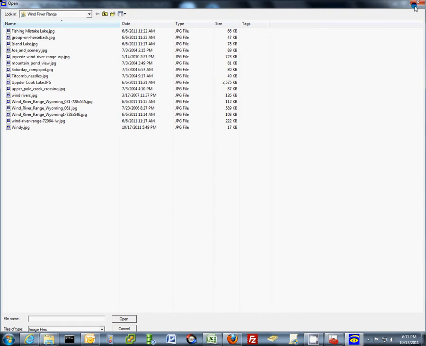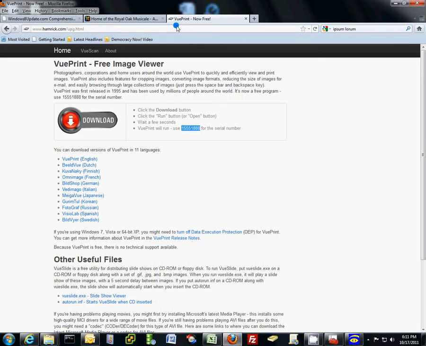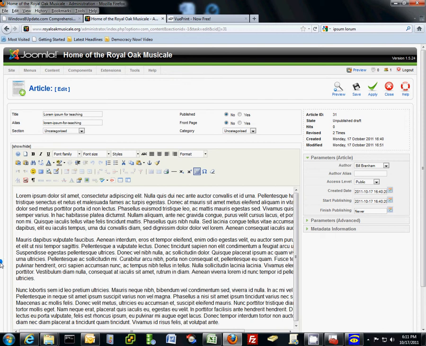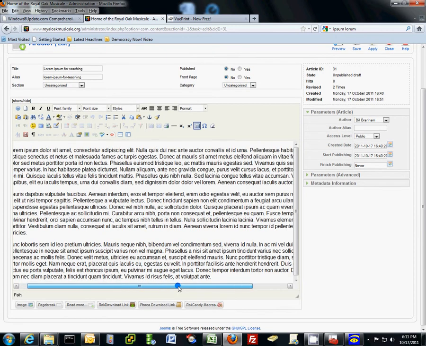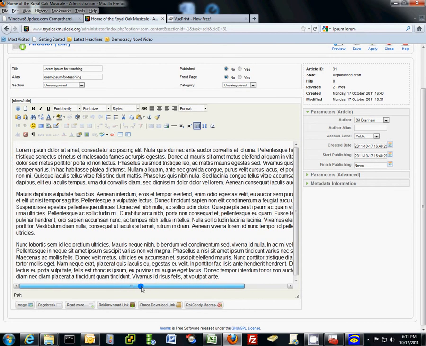I've got a Lorem Ipsum for teaching article up here, and I want to put, in this case, a picture that goes right up at the top to the right. Now, for some reason in this particular setting, I've got this scroll bar, so it's a little weird. But I'm just going to click here on the first line, go over there. This button here is to insert or edit an image. I click on that,